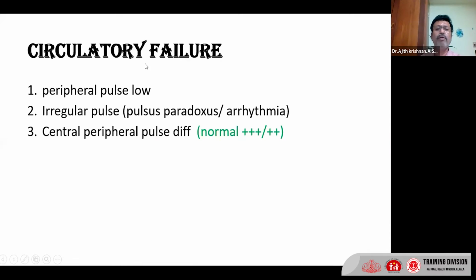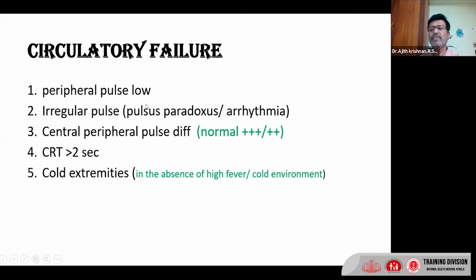My topic will be mainly how to deal with the circulatory failure and stabilize the child and then transport. And the airway and breathing and oxygen therapy will be dealt with by Dr. Jayakrishnan. So circulatory failure, when you say that the child is having circulatory failure, you can think of pulsus